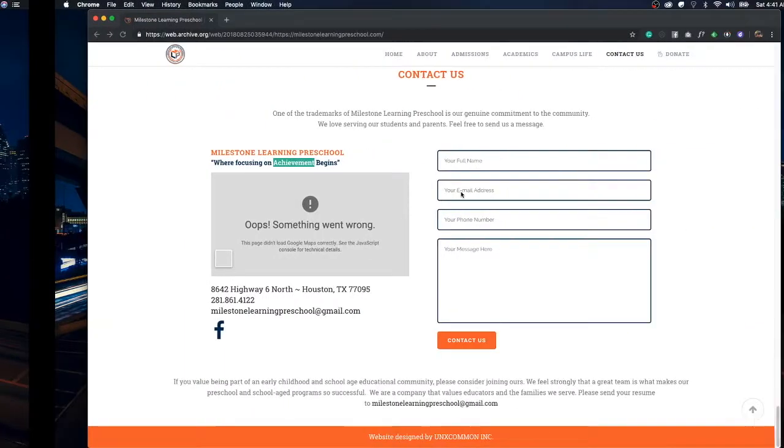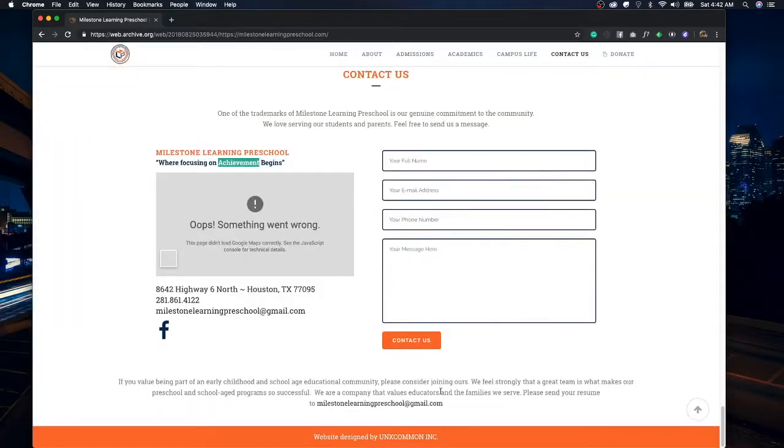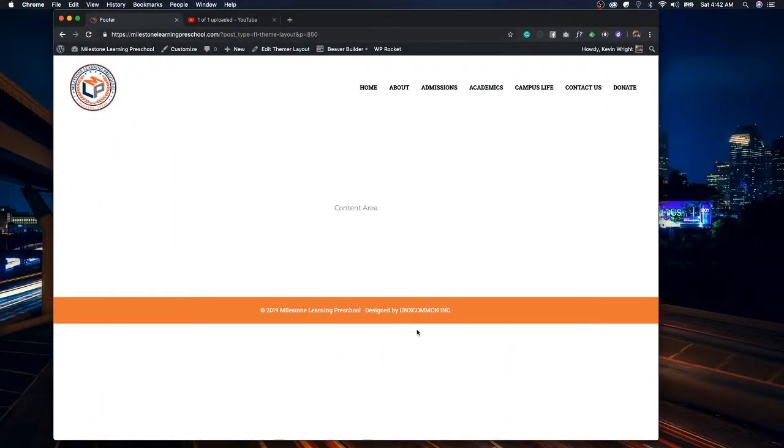So basically, as of now, if we take a look, we have the navigation pretty much situated, and we've got the footer pretty much situated, right? Now it's time to get into editing the web pages. So let's go ahead